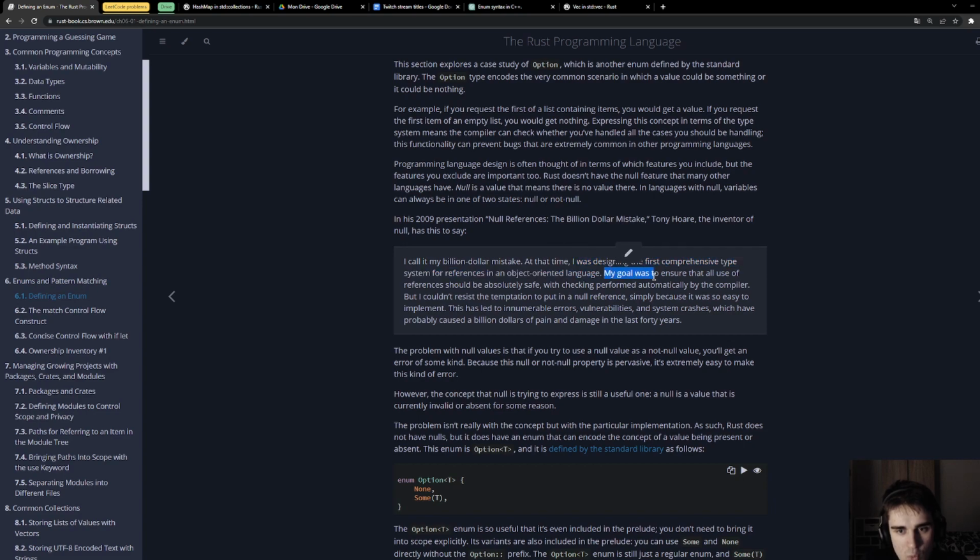My goal was to ensure that all use of references should be absolutely safe, with checking performed automatically by the compiler. But I couldn't resist the temptation to put in a null reference simply because it was so easy to implement. This has led to innumerable errors, vulnerabilities, and system crashes, which have probably caused a billion dollars of pain and damage in the last forty years.